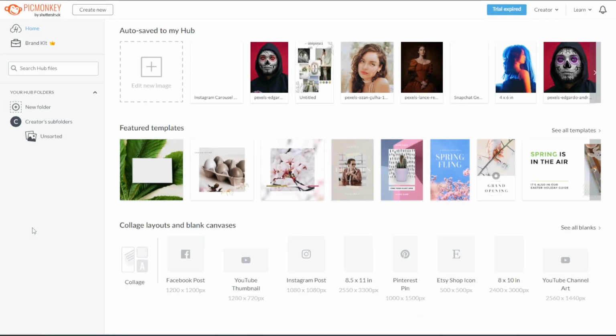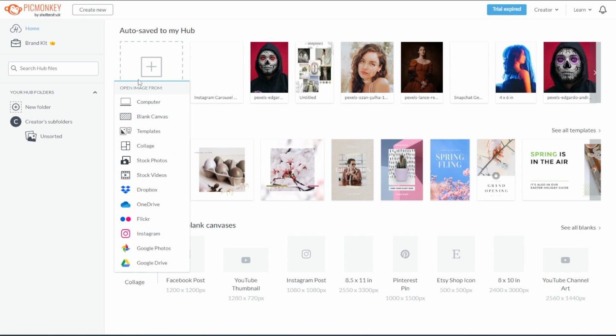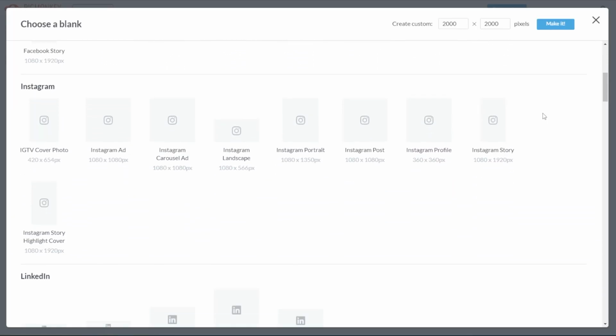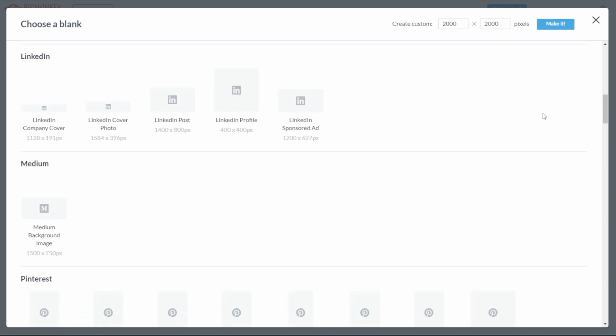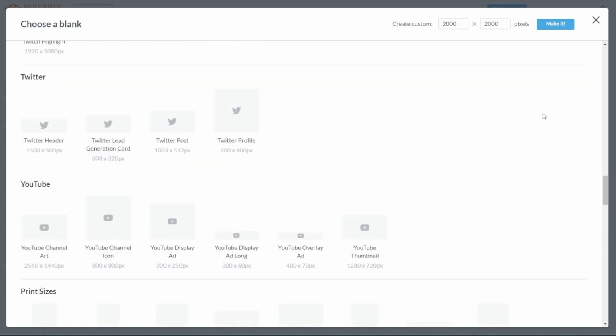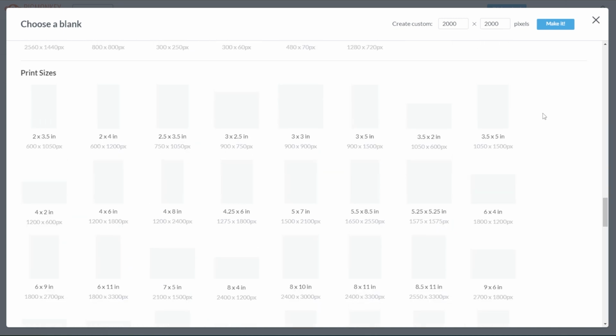First, you have to make a blank canvas with the standard size of an invitation card. To do this, go to PicMonkey's homepage, click the Edit New Image button, and select Blank Canvas. Here, you can choose from a wide variety of canvas size presets for every social media post and print. The standard size for an invitation card is 4 inches by 6 inches or 4.25 by 6 inches. So scroll down, and under the print sizes category, either select the 4 by 6 or the 4.25 by 6